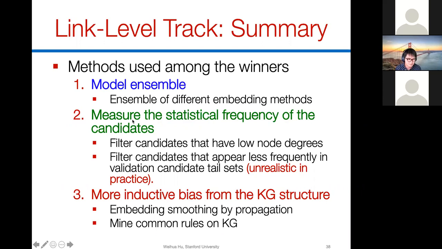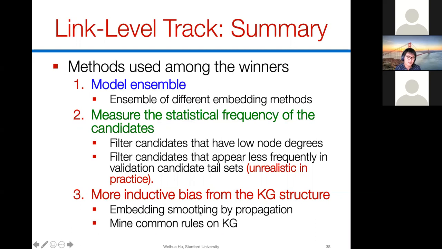And these winners also try to filter the candidates, the tail candidates, and they find that candidates with low degrees in the training graph are very unlikely to be the true positive tails. So they measure the statistical frequency of the candidates and try to filter out those candidates that are not promising. And also a lot of methods have been introduced,